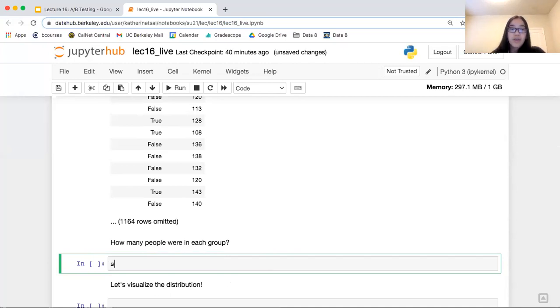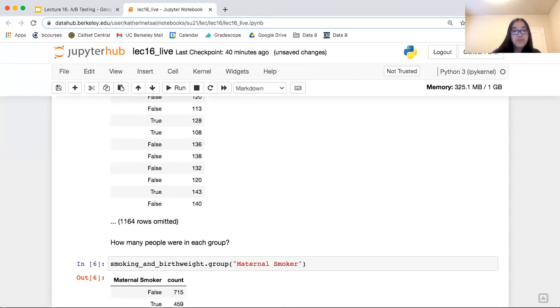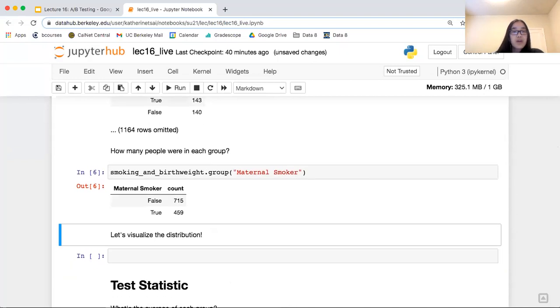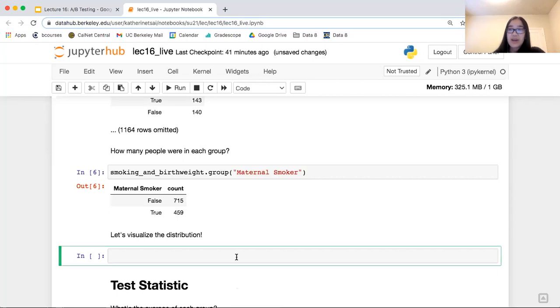So we can do that by taking this smoking and birth weight table and grouping that by maternal smoker. Okay, awesome. So now we see we have false and true and the counts for both of those. And this data was taken kind of a long time ago, so the level of mothers who smoke is a lot lower now, I believe. But yeah, this was taken a long time ago.